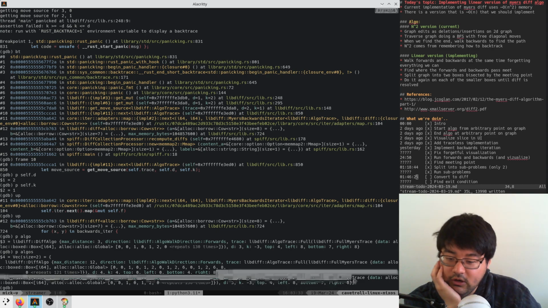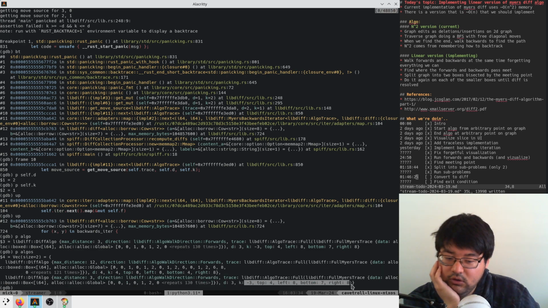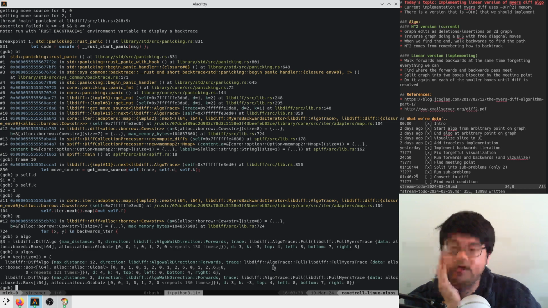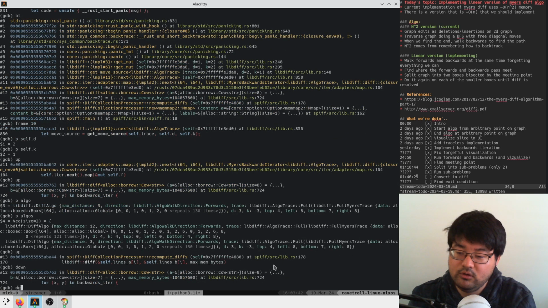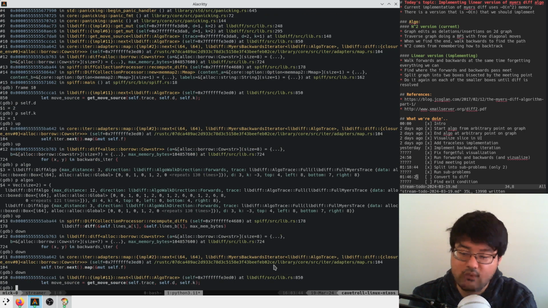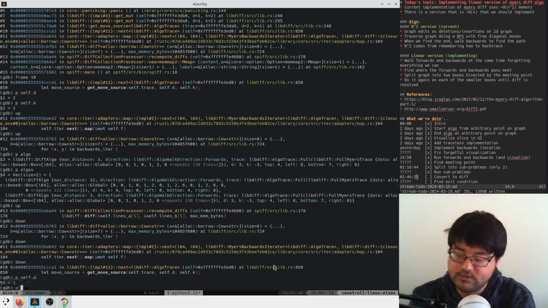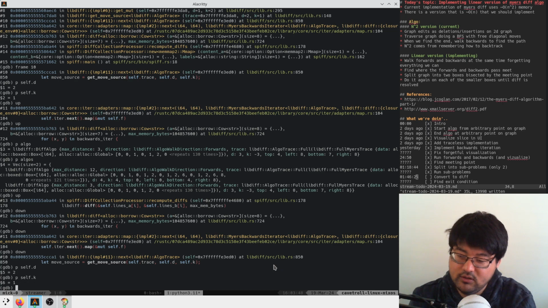Almost certainly, right? Okay, so what are we doing in here? We're saying like P self D, P self K, and then the move source is